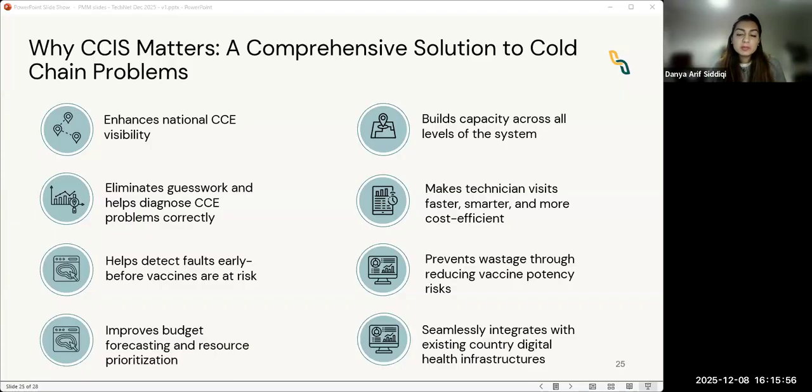And then lastly, just to reiterate, the application is designed so that it seamlessly integrates with any of the existing country infrastructure. And so the countries don't have to look at any overhauling of their existing technical infrastructure in order to use the application. And that brings me to the end of my part, and happy to continue the discussion over Q&A.